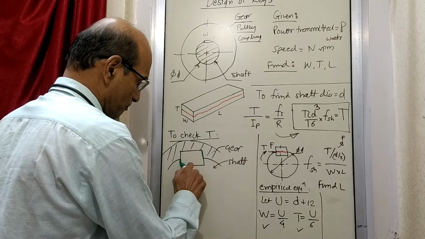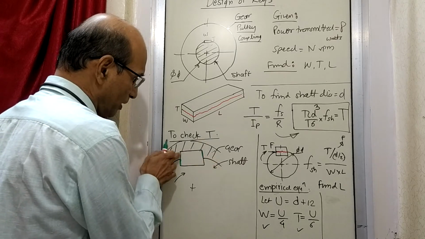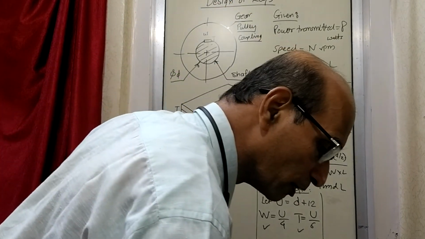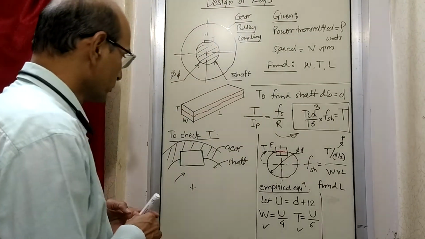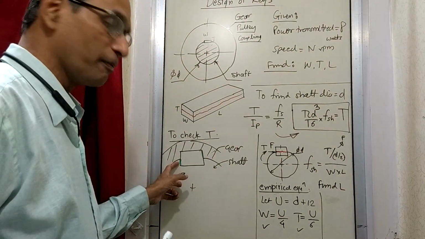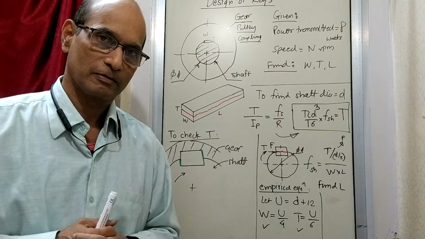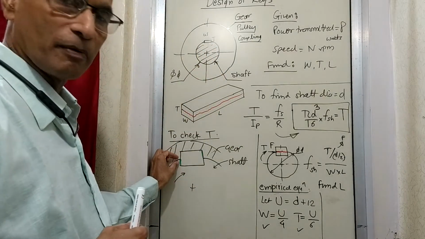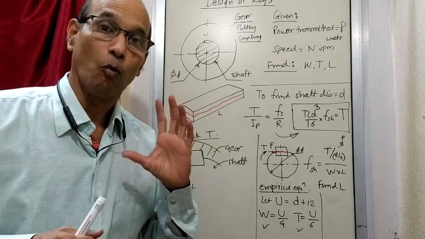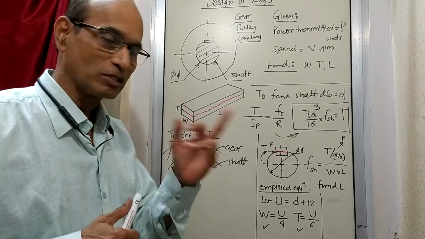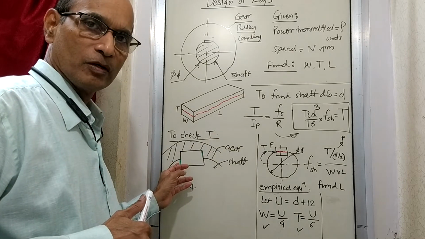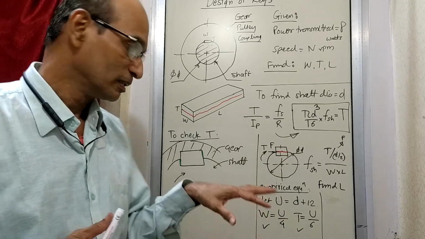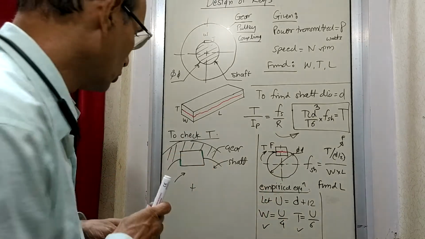Now this part of the key and this part of the key is at the moment not important. It is not doing anything at the moment. Now if that is the case, this surface is experiencing what kind of stresses? I made this thickness very small so that this surface is less, to understand its role. What kind of stress will be exerted here? You will realize that it is a compressive stress. It is a crushing stress that is developed here, which we want to check.